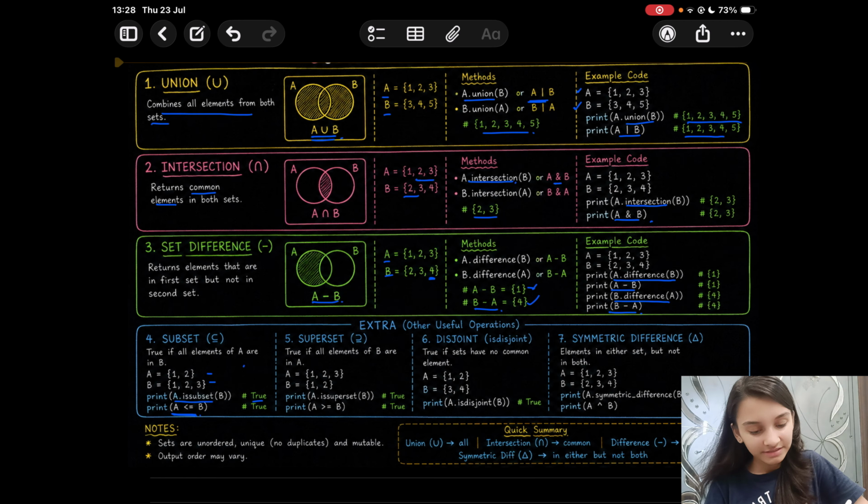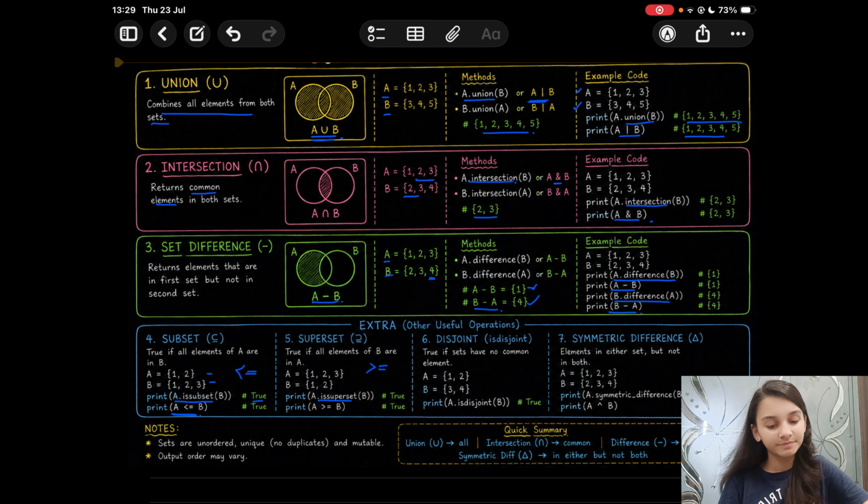The less than or equal to symbol. For superset, there are two ways. You can use either the issuperset or this sign, right? We'll get a true for this example because elements of B are there in A.